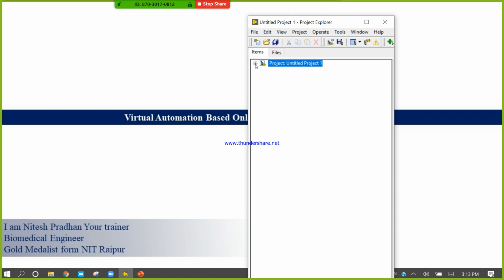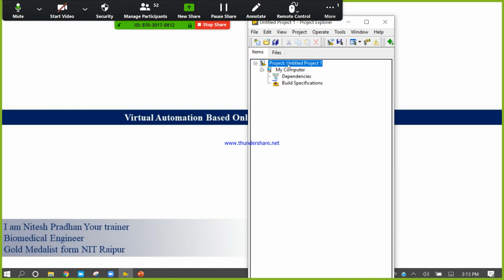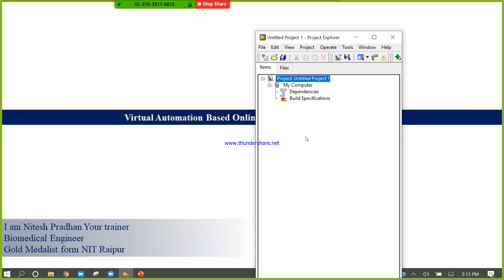This is our LabVIEW project, and its extension will be .lvproj. This project includes My Computer, because in it there are dependencies and build specifications. For this project we are targeting my computer, and in it we will design all those projects one by one.